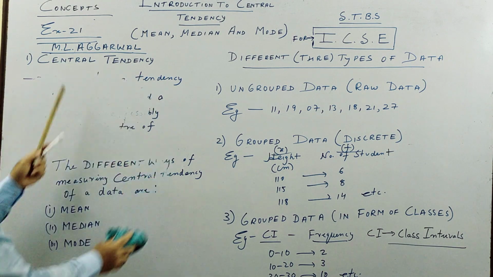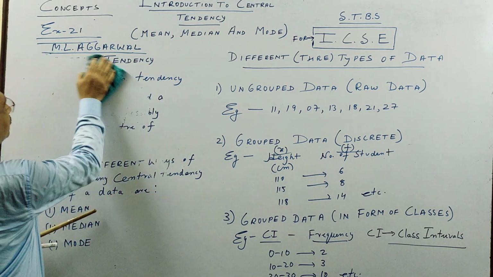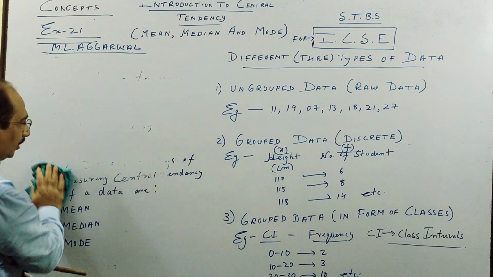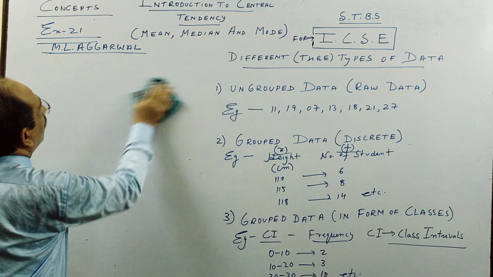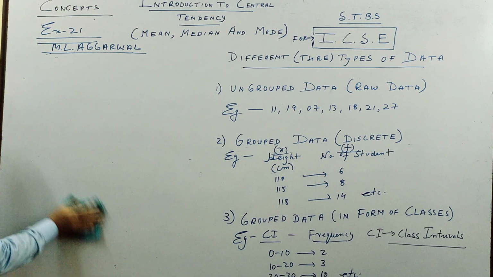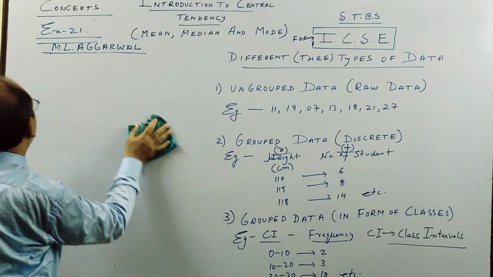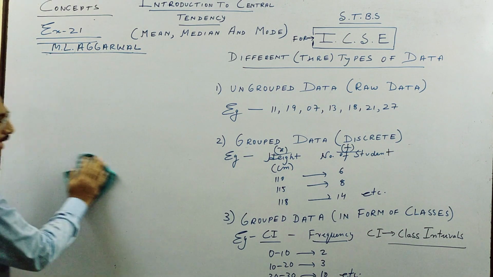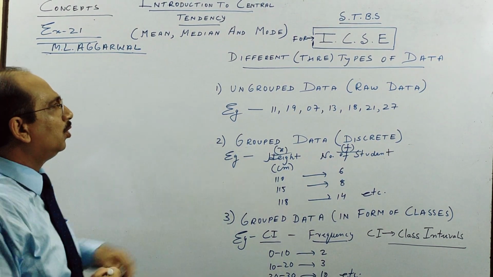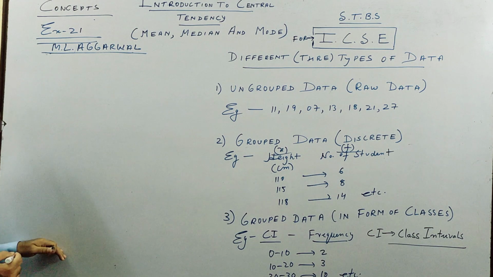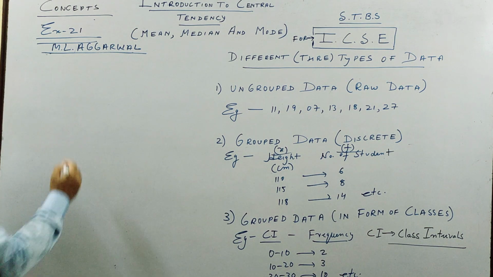So here I am teaching you. I am following M.L. Agrawal's book for doing this, and I think this is exercise 21, where we have 21.1, 21.2, 21.3 and like that. So where I have already solved many questions for you. So here first thing you will see how. So here I told you there are 3 ways of measuring central tendency.